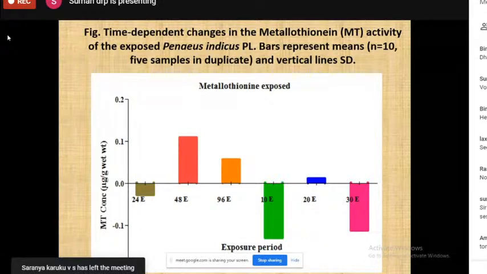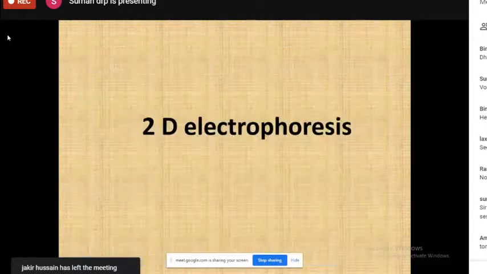But when it comes to protein carbonylation, right from 24 hours till 30 days, a significant increase of protein carbonylation is observed. Based on these results, we went for the proteomic study. Initially for one-day SDS-PAGE, comparing the 24 hours exposed sample and the control sample, and like that till 30 days, the bands show differential expression. Based on this differential expression pattern, we went for the 2D electrophoresis,